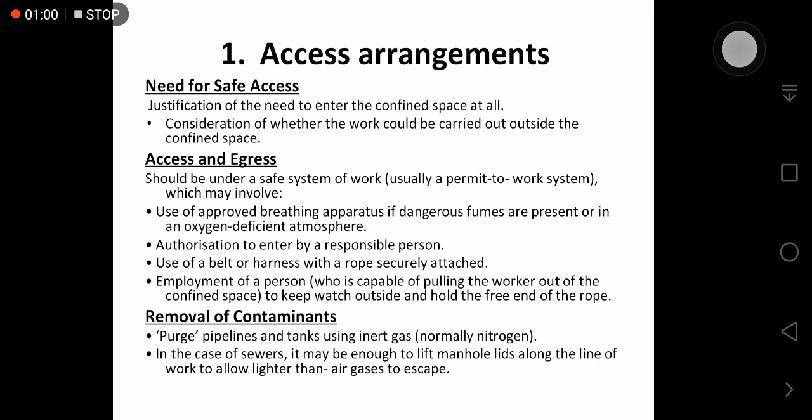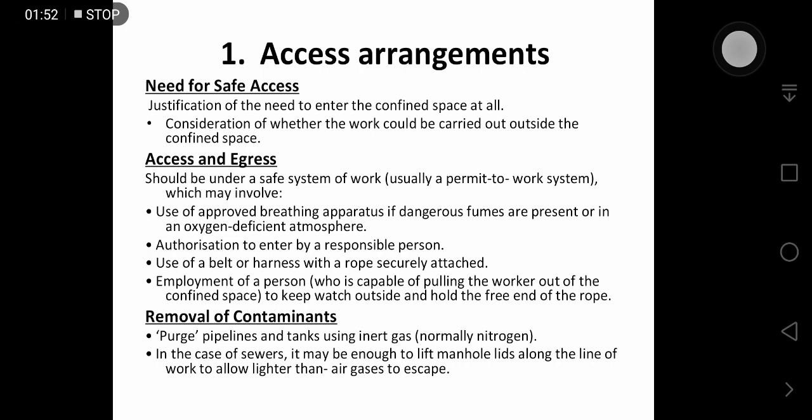Well, access arrangements means, first of all, justification of the need for safe access, or justification of the need to enter the confined space at all. Consideration of whether the work could be carried out outside the confined space. And the next thing is access and egress. It should be under a safe system of work, usually a permit to work system, which may involve use of approved breathing apparatus if dangerous fumes are present or oxygen is deficient. It requires authorization to enter by a responsible person,